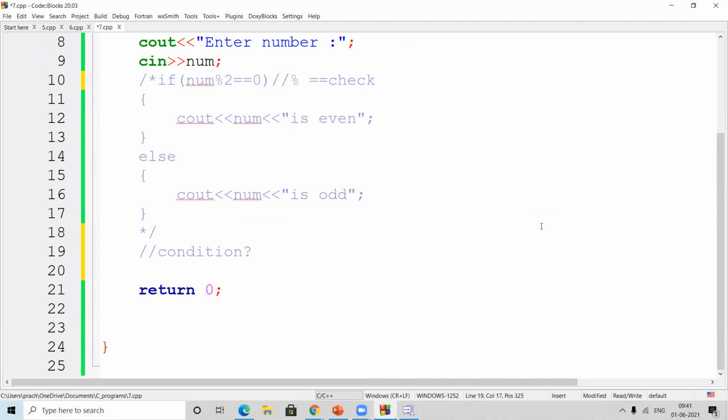If the condition is true, then we give one value, and if the condition is false, then we give another value. If the condition is true, what are we going to give? Cout, the same value which I have written over here. I'm just going to copy this for right now. Have you heard this? This is called the conditional operator.